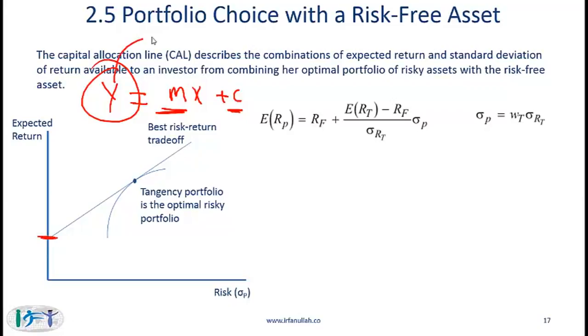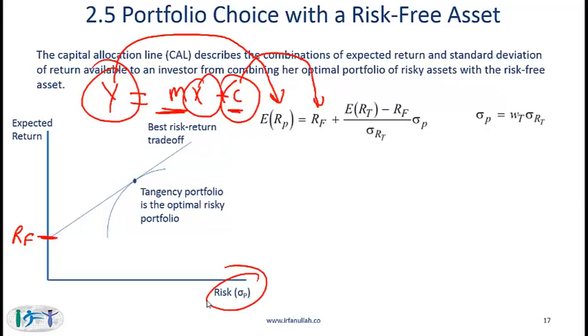So the y becomes the expected return on the portfolio. The c becomes the risk-free rate. So this is your risk-free rate. The x is our risk. So the x is the risk of the portfolio. So the only thing that we have to calculate then is the